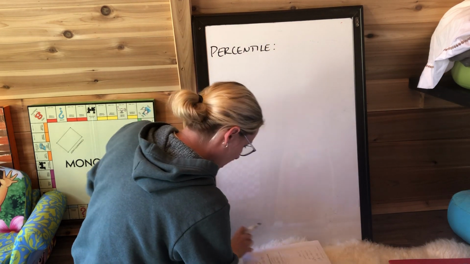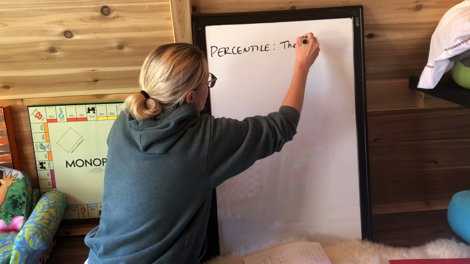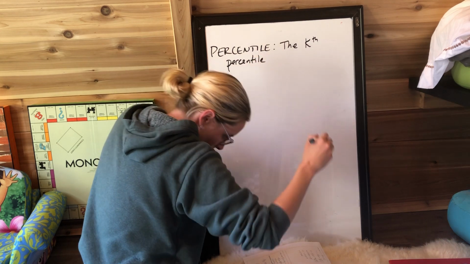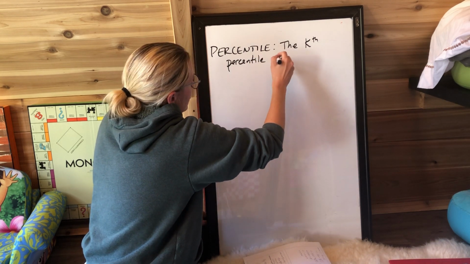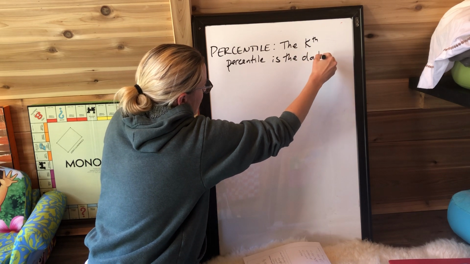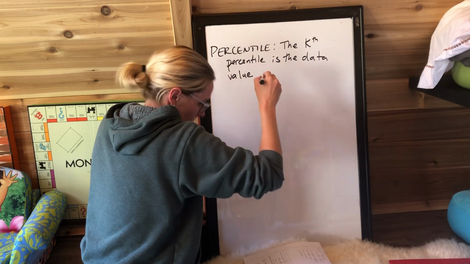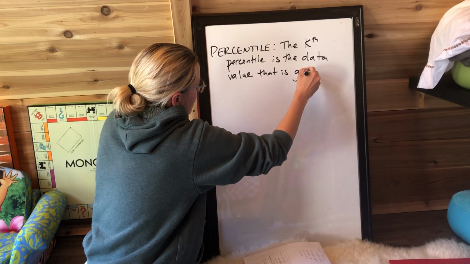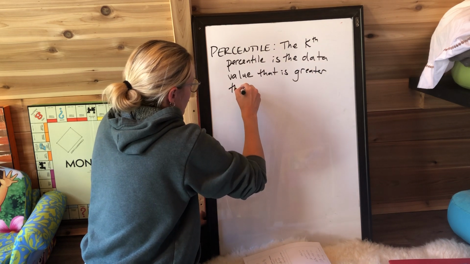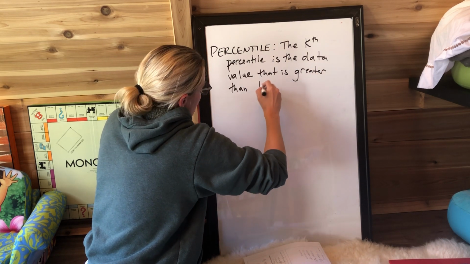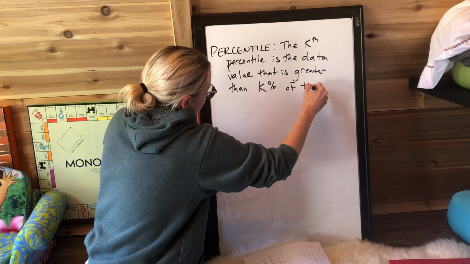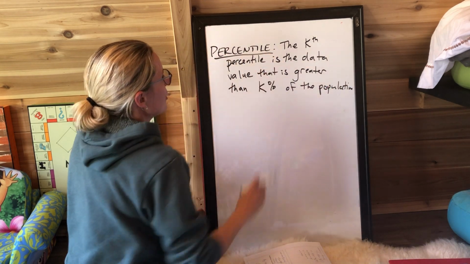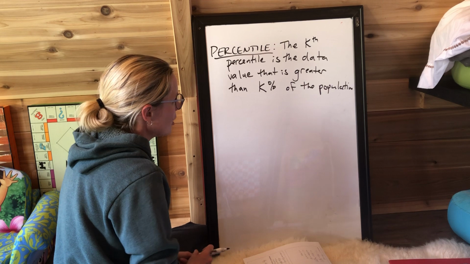So the exact definition, the kth percentile is the data value that is greater than k% of